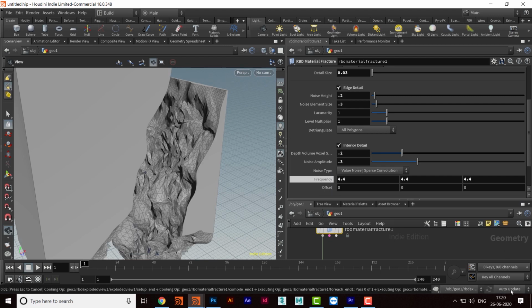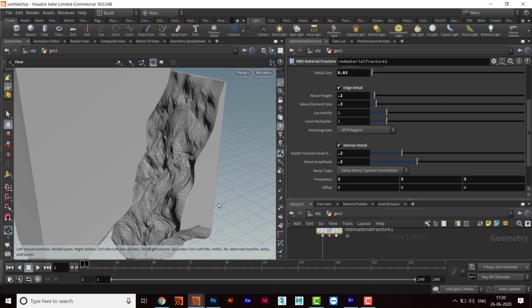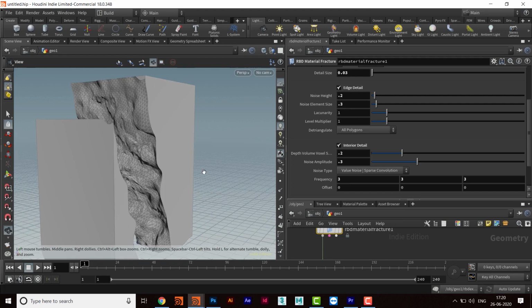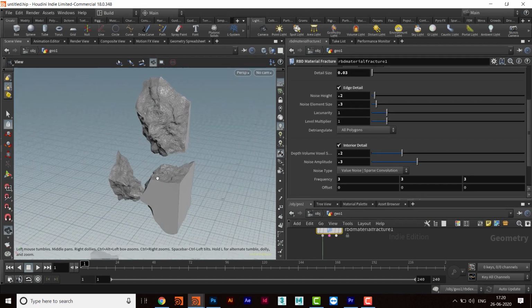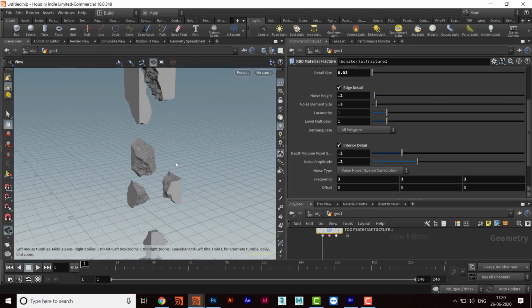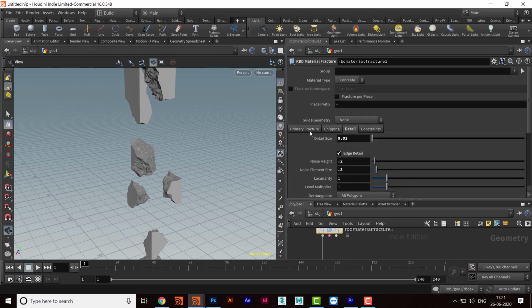And for doing that, we can come here in the auto update, change it to manual, and then change the value. So I will come here and make the value maybe 3, and then set it to auto update. Okay, so these two options are there. We'll be using them maybe here, and in some other videos also. So maybe we'll use the other option in some other video.